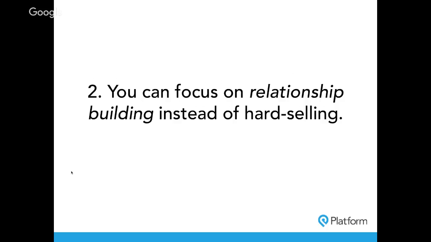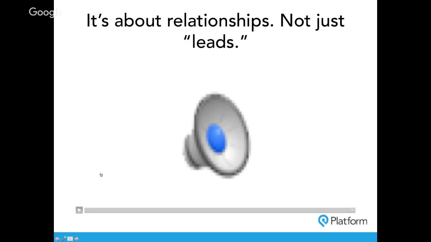But the final points I want to make here is that with high-hanging fruit, you can actually focus on building relationships with your leads instead of hard selling, because if you get to them early in the sales cycle, like we've been talking about, there's no competition for those leads. You're the only realtor that they're talking to, because typically people don't want to call a realtor or meet with a realtor until there's basically less than a month before they're ready to actually start house hunting and buy a house. They don't want to start that process 3 or 4 months ahead of time. So if we can generate that lead 3 or 4 months ahead of time, we're basically going to intercept all the leads in the market before other realtors start talking with them.